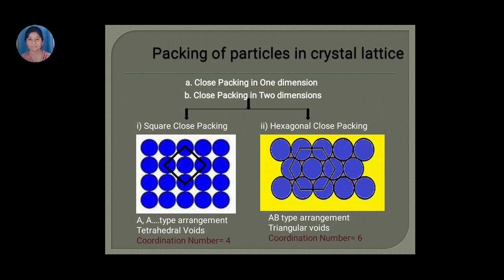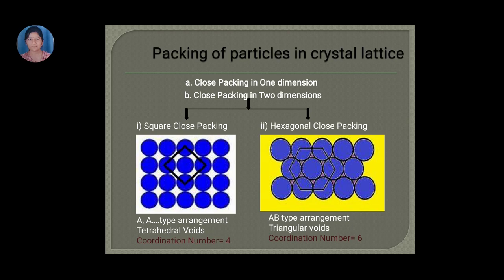That means just consider this one series. An atom is connected to another atom, which is connected to a third atom, so this is how we get just a single series of atoms. So that is the close packing in one dimension. Of course it will be the same always in any kind of case.